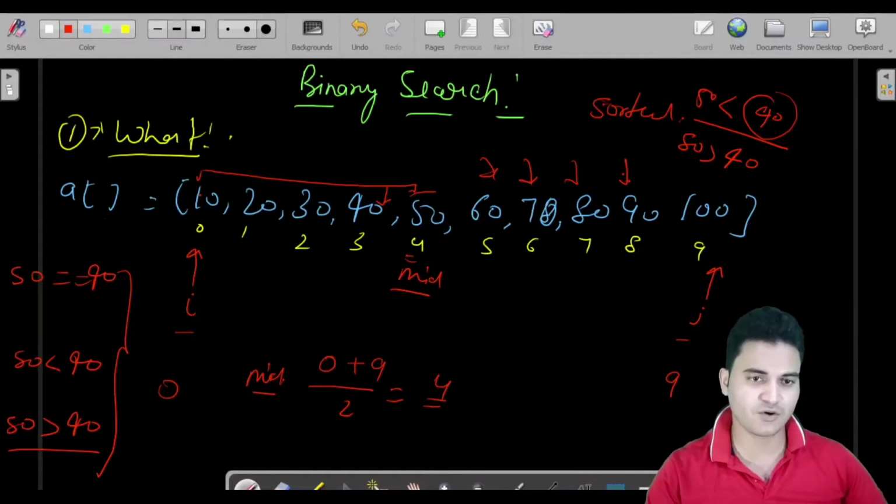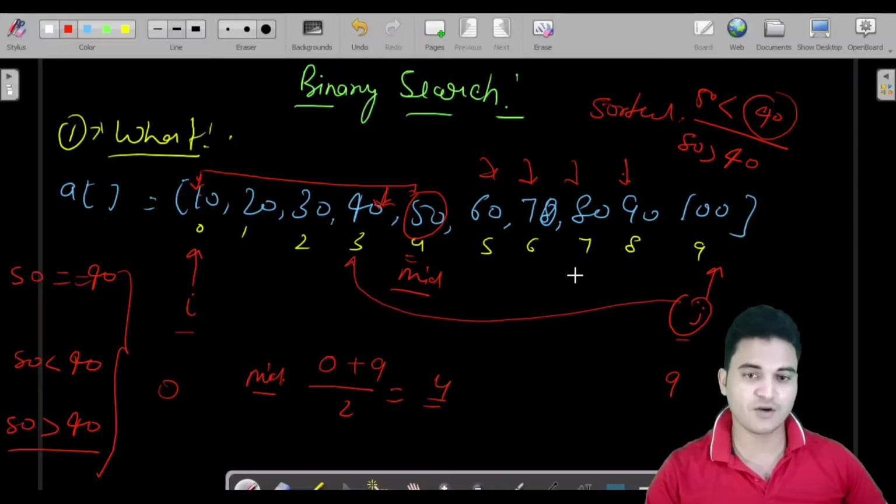Why? Because you have already searched for this element. The range for the next iteration would be this. So in this case, you would take this pointer and directly jump it to here. You will not decrease this pointer by 1, 1, 1, not like this. You will directly take this pointer and put it up here. Why?